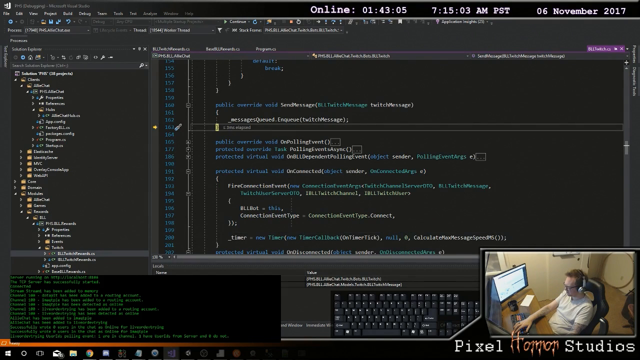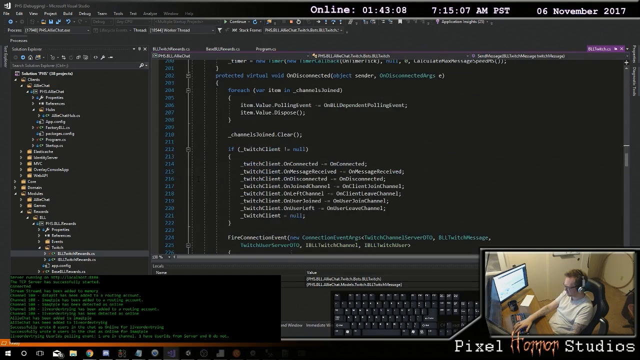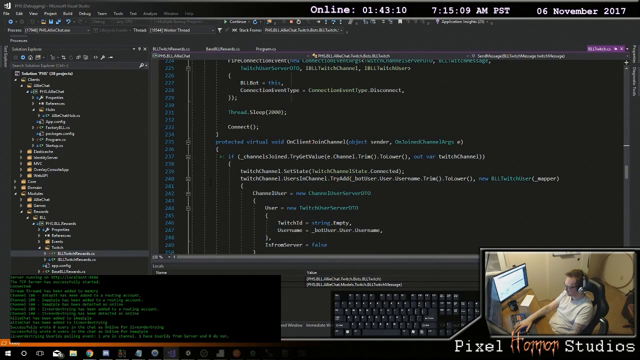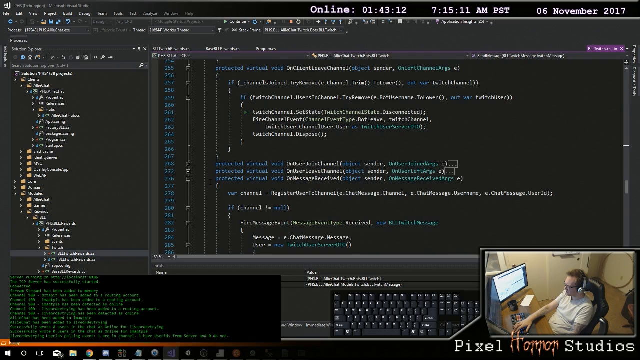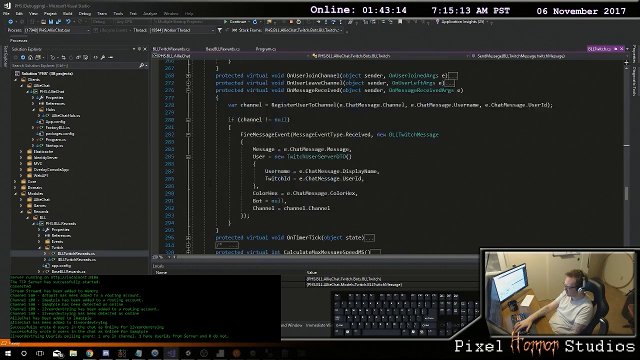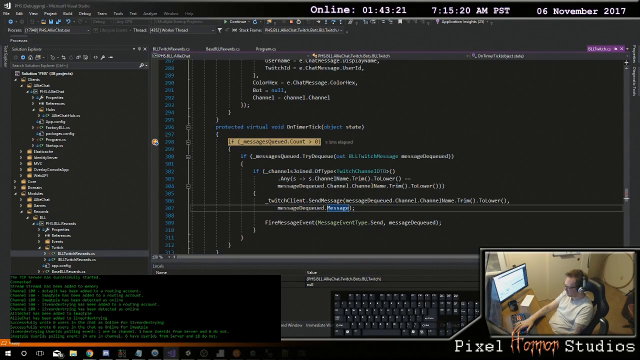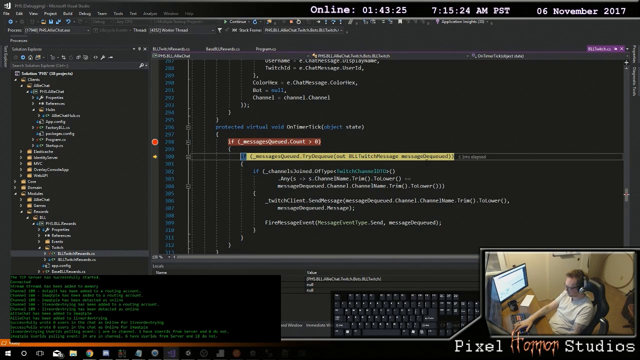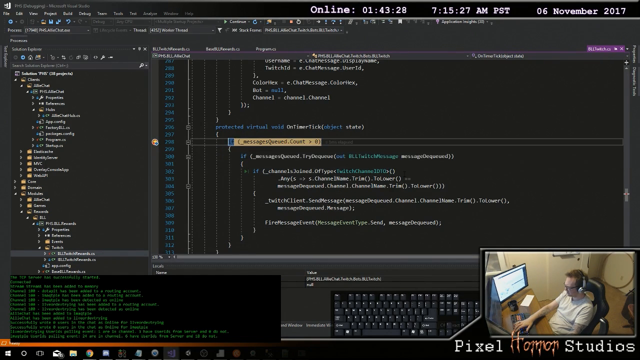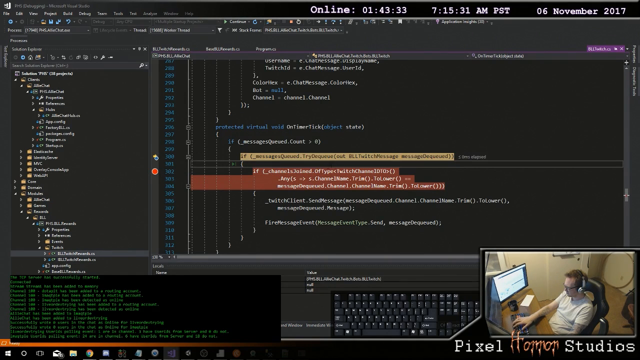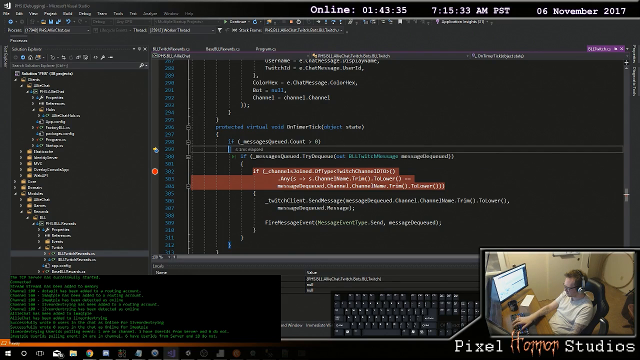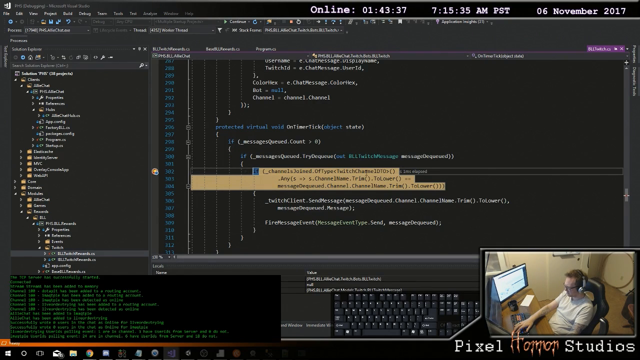And then we dequeue this on polling event, or we have a timer which is ticking, right? Here. So here's the timer. My state says null. There's my message being queued. We got our message dequeued here. So now here, if our message is of type